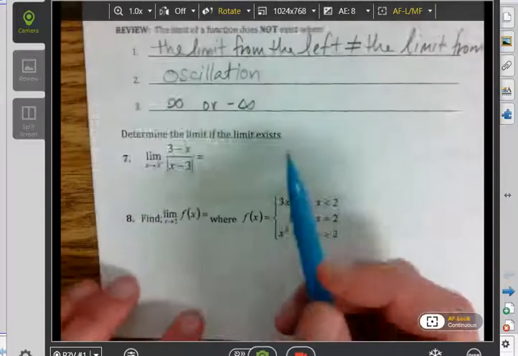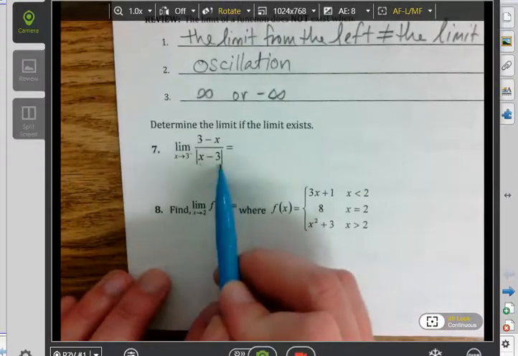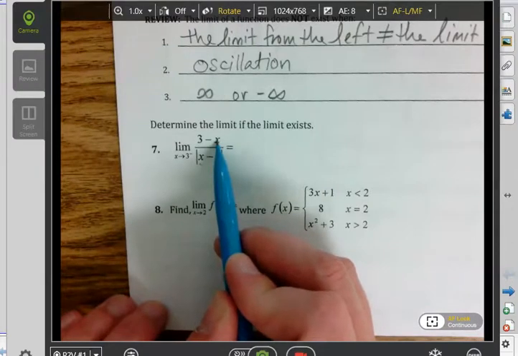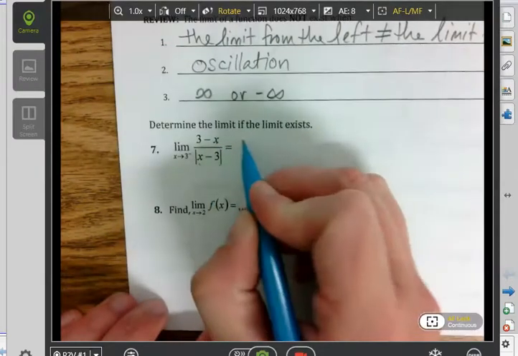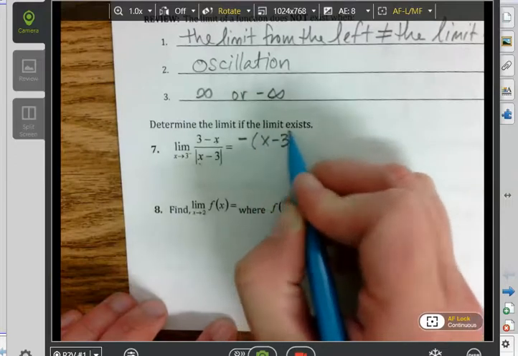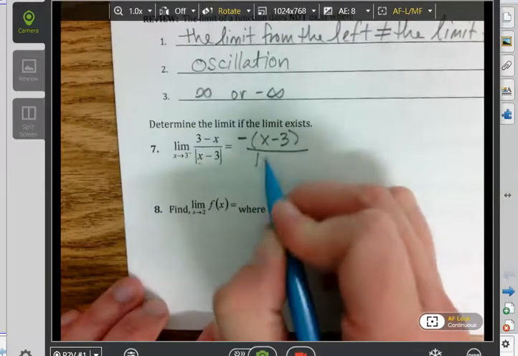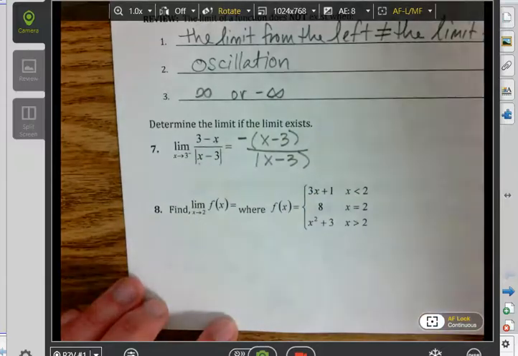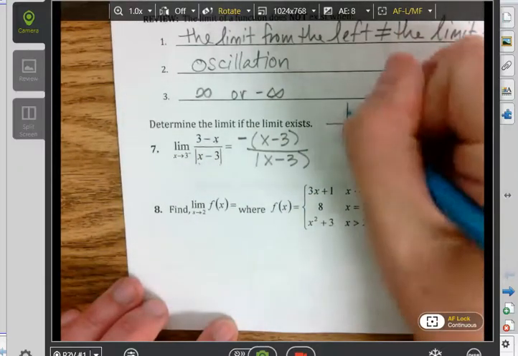So what we're going to do is try to figure out what kind of transformations we have going on here. This is x minus 3. If I want to make this x minus 3, what could I factor out? Negative 1. So if I factor out negative 1, then this becomes x minus 3 on the top. And then on the bottom, you have absolute value of x minus 3. So if the graph I had before was like this,